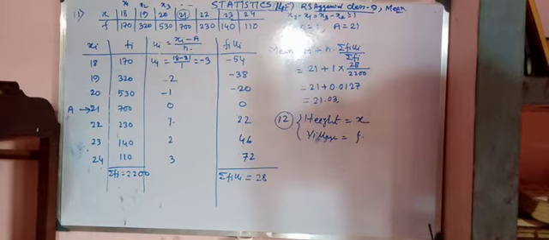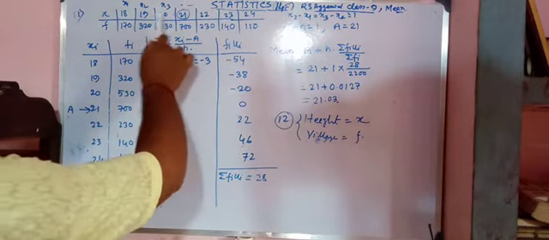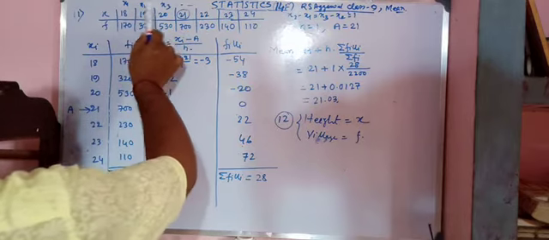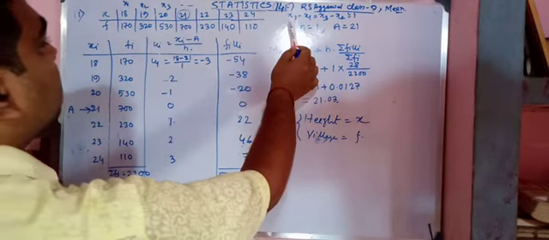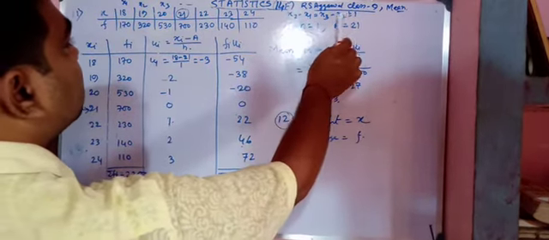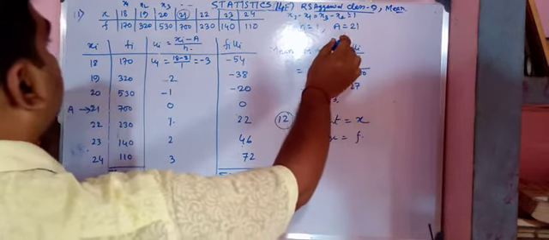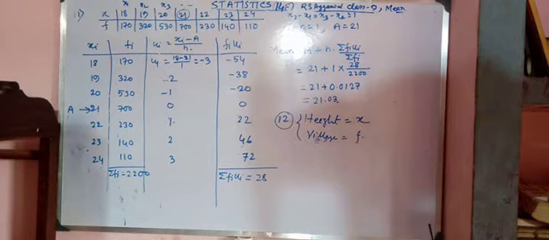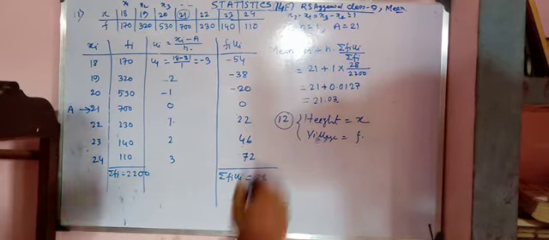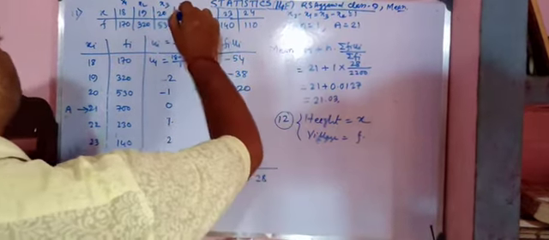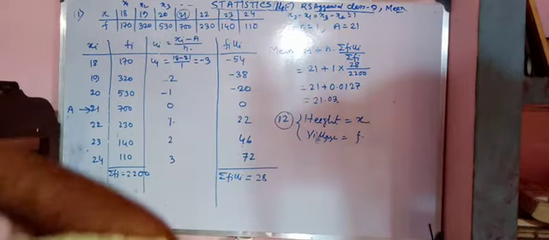Okay. For that we are taking that the values of the observations are equispaced. So x2 minus x1 equal to x3 minus x2, that's equal to 1. So here h is equal to 1 and we have to take an assumed mean. Now here my assumed mean a is equal to 21.